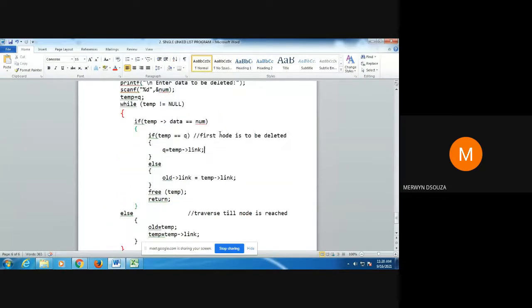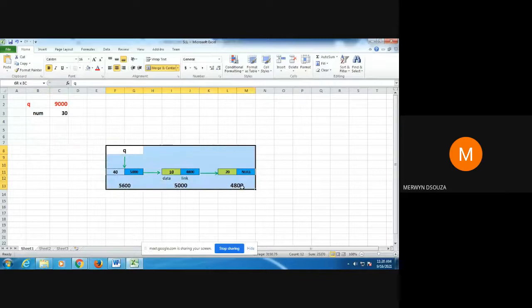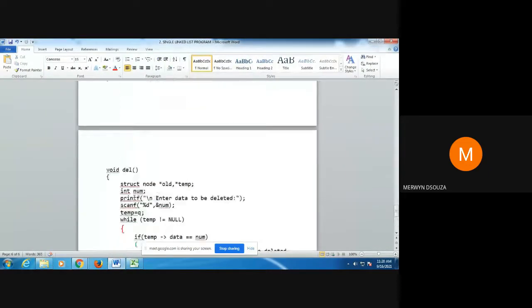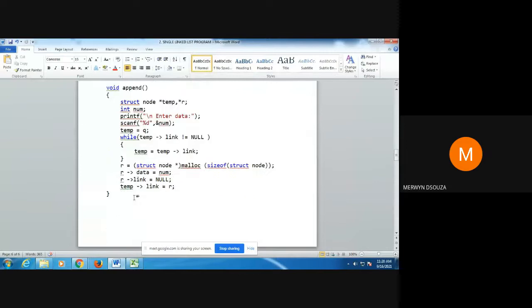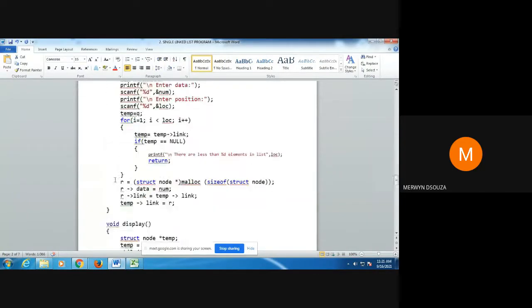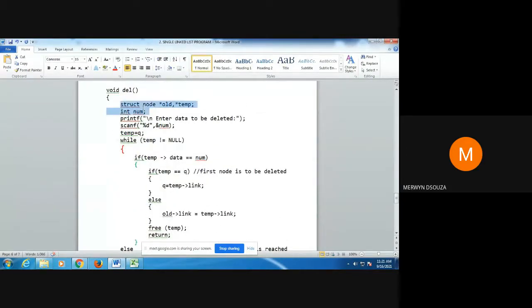Now look at this tree. Now there are only three nodes left. When you exit this function, all your temporary local variables are lost. Let's assume you are calling this delete function one more time. You have called it once, and say you are calling it again a second time. So again, there are these local variables.